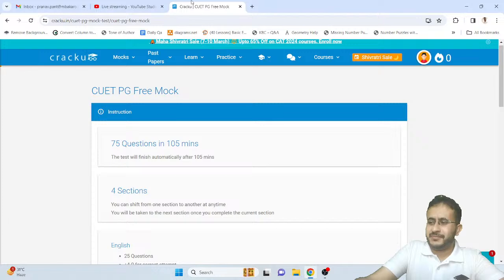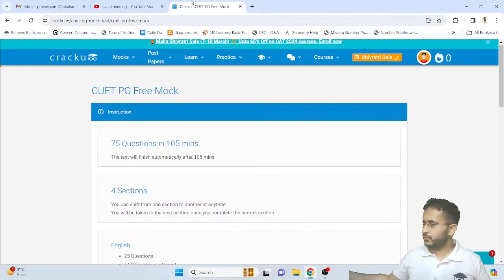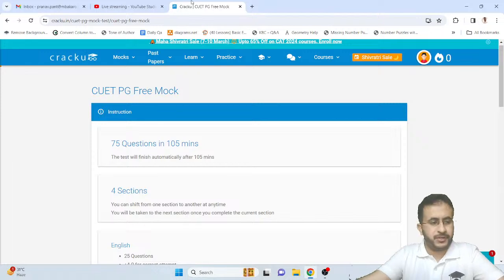So today I'm going to attempt a live mock of CUET PG to show you how you need to balance your time in the examination, how to attempt a paper in a structured way. What should be the strategy to attempt it? Now this exam is going to be on the easier side as per last year's structure. If you've seen the papers, this exam is going to be relatively easy compared to many of the other MBA examinations. So you do not have to be in a relaxed mode. You need to solve it a bit quick so that you are able to attempt it on time and score